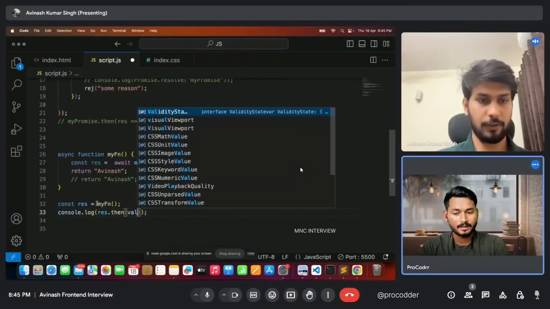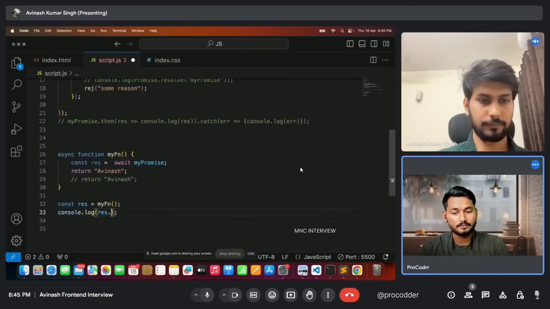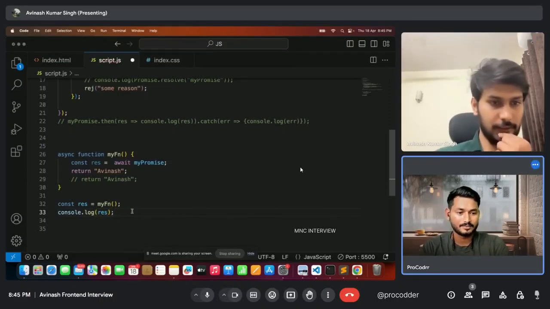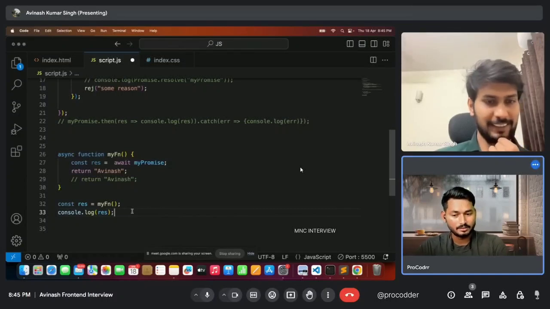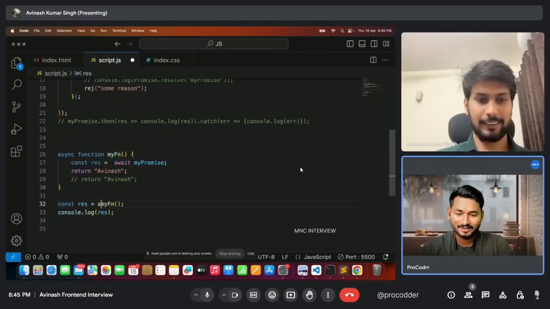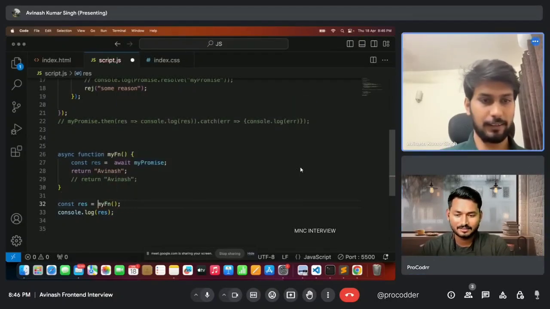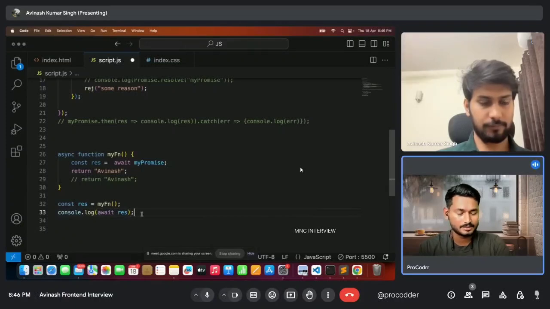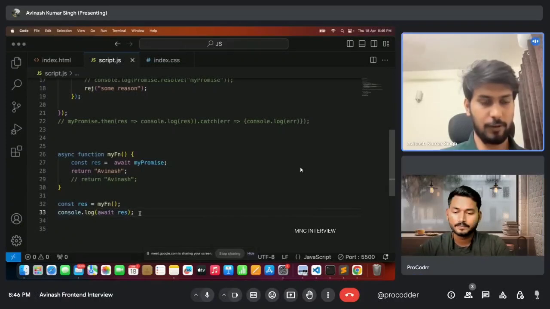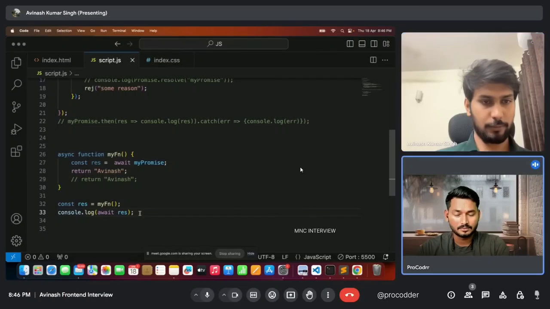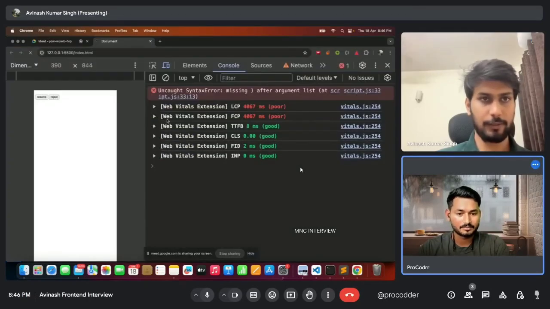So don't use then. Stop it. I want you to use await, but don't create any function. Want me to use await here itself? Just await res. No, not here. Here. You can use both places. It doesn't matter. Is there any work, question, or should I check it on console? You can check what will happen now. Okay.